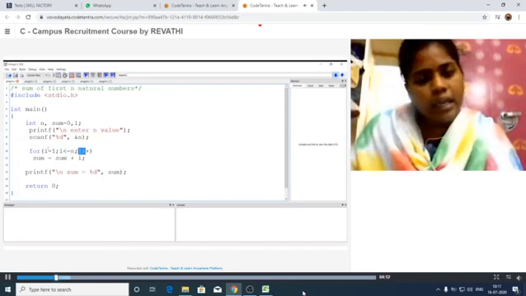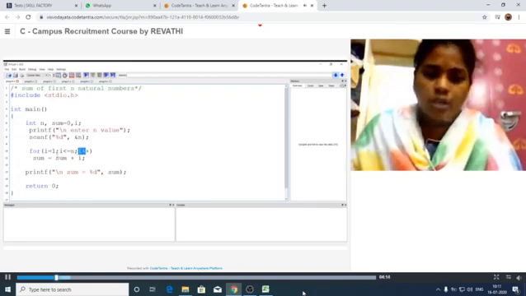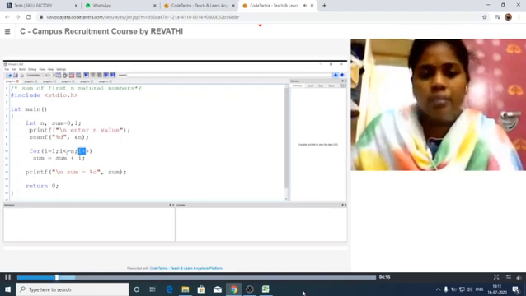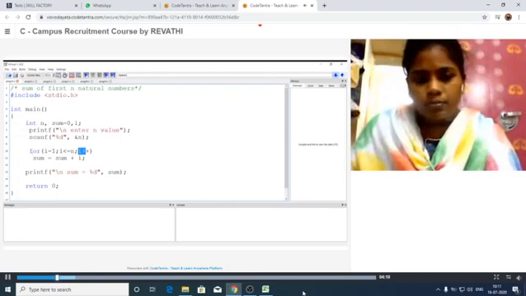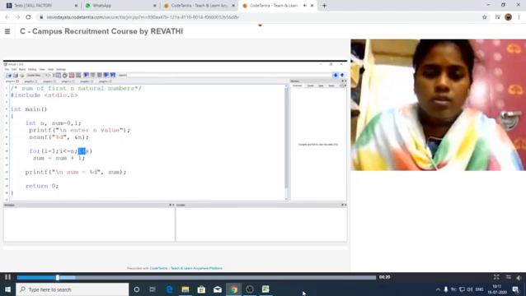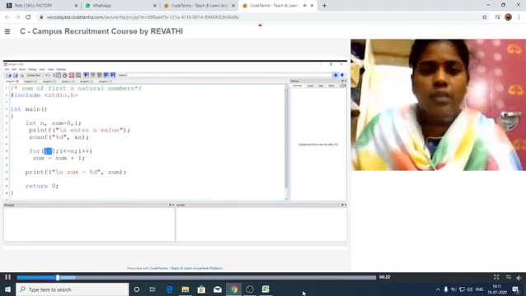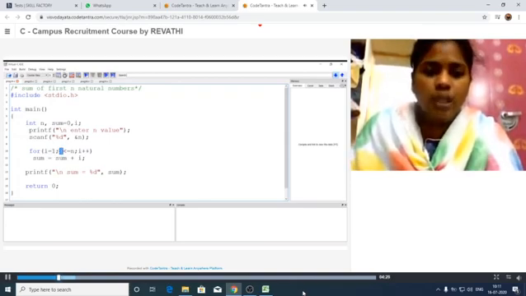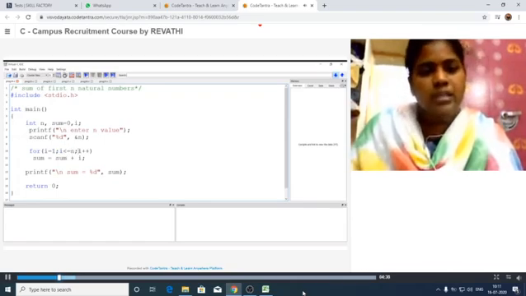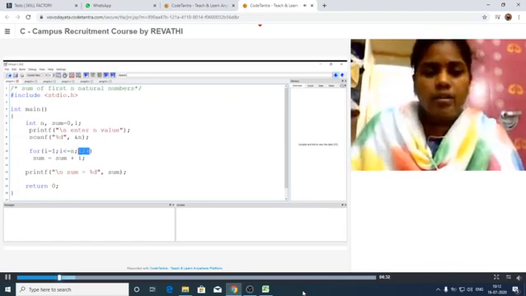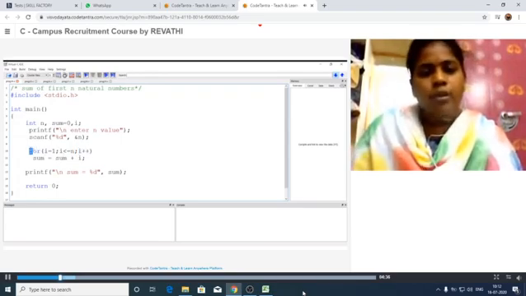Each part is separated with a semicolon. So this is the syntax for the for statement: first declaration, that is initialization of the variable, next condition, next increment or decrement operation. These three can be written by using the single for statement.